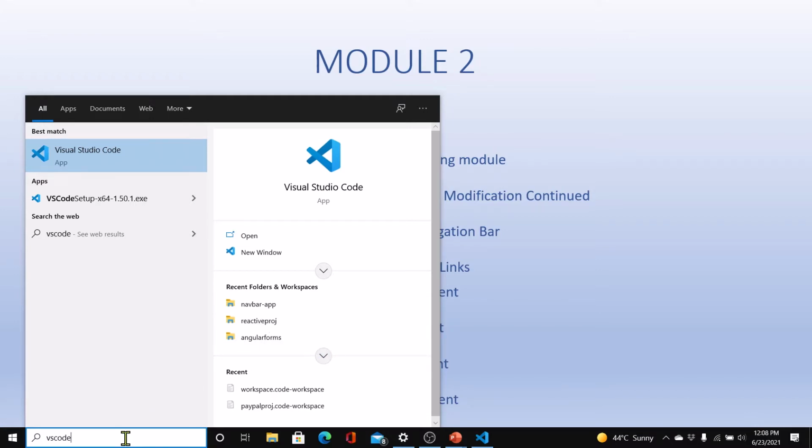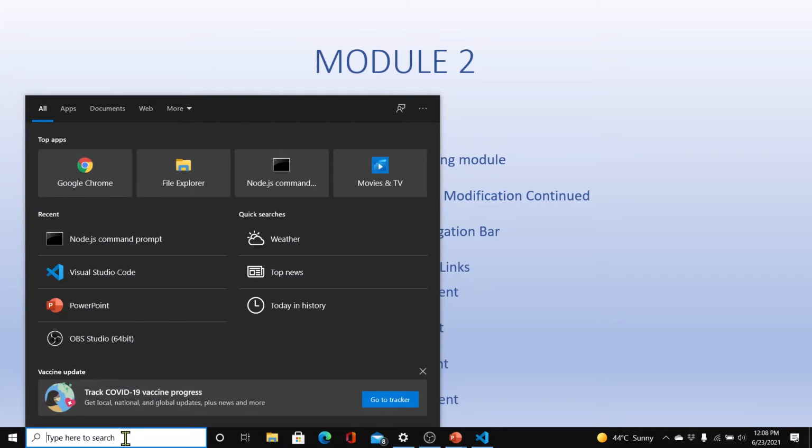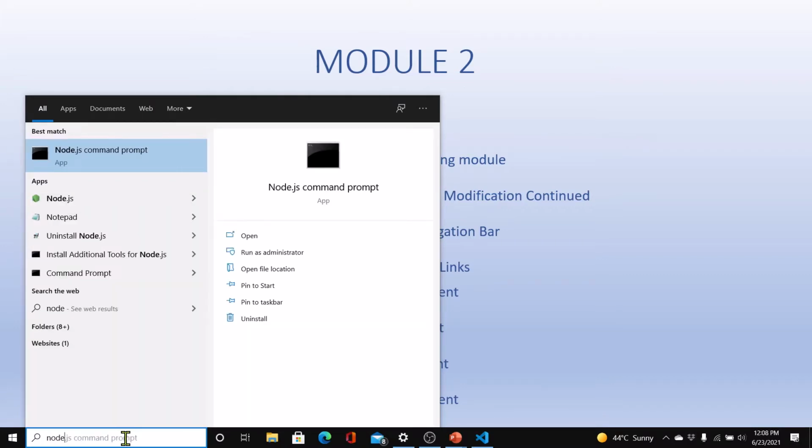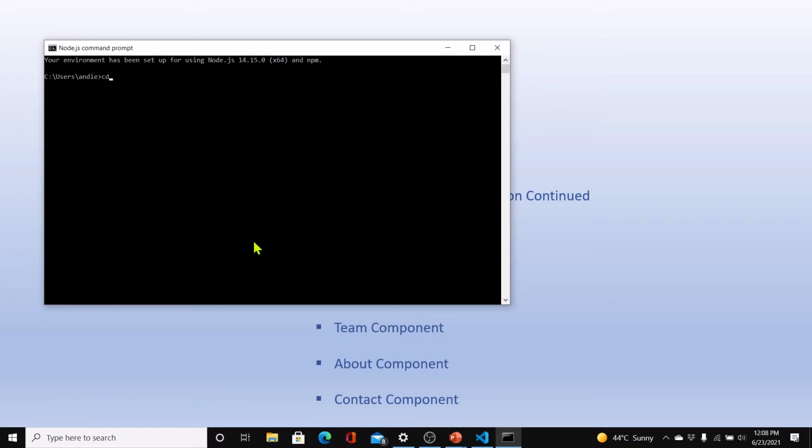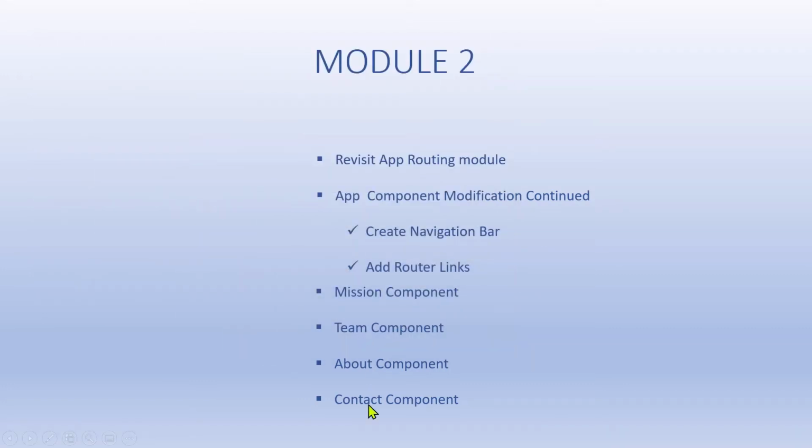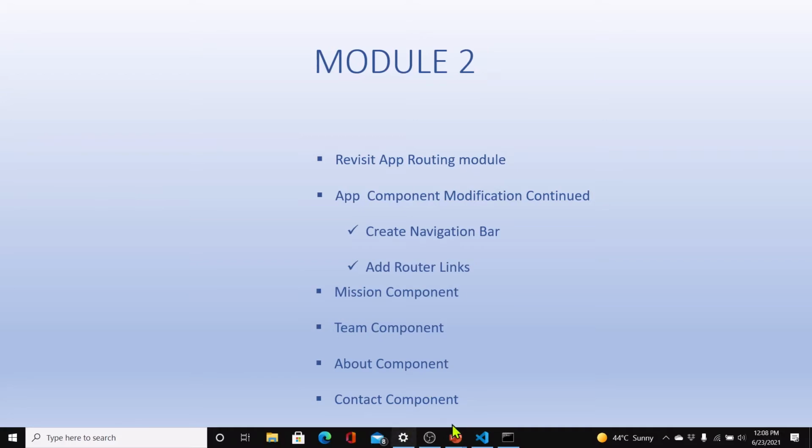You can just type in node.js. And remember, we are not looking for the application. We need the command prompt. Click open, change directory to your project directory, and type in code space dot, press enter, and that will load Visual Studio Code along with your project. Now I already have mine open, so